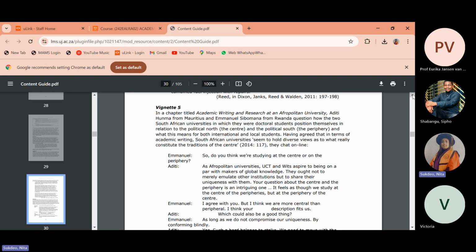In a chapter titled Academic Writing and Research at an Afropolitan University, Aditi Hanma from Mauritius and Emmanuel Sibomana from Rwanda, remember, we read Vignette 1, question how the two South African universities in which they were doctoral students positioned themselves in relation to the political North and the political South, and what this means for both international and local students. Having agreed that in terms of academic writing, South African universities seem to hold diverse views as to what really constitutes the traditions of the center,